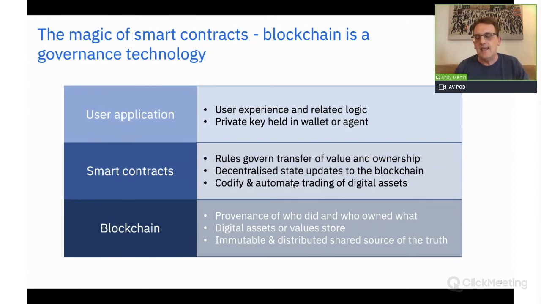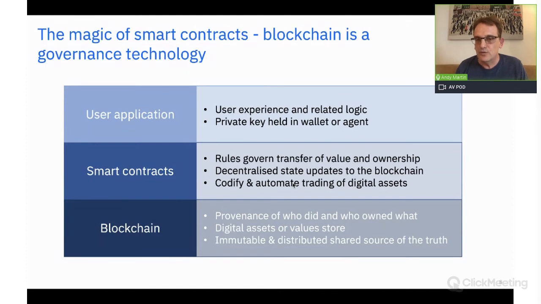This is a universal state layer for the internet of who did what and when. At the front end, in a user application, the user experience isn't changed so much, other than you may have a front-end application like a wallet, where you may hold your keys to access the blockchain and to access your digital assets. But it's in the middle, in the smart contracts, where we start to deploy our governance model and